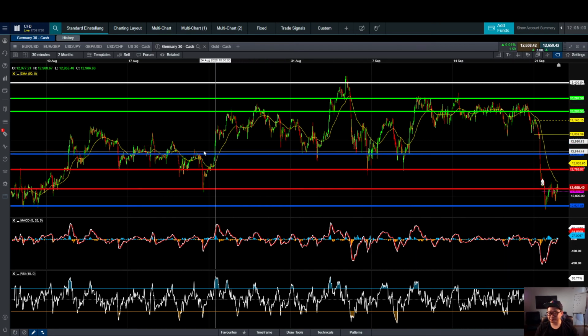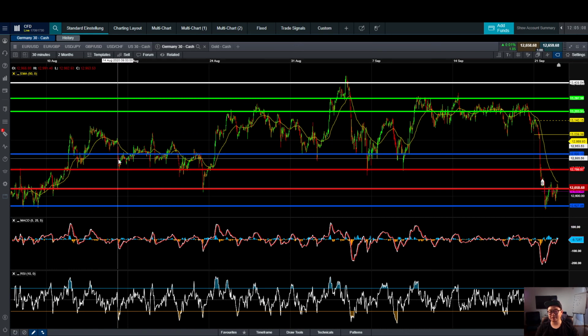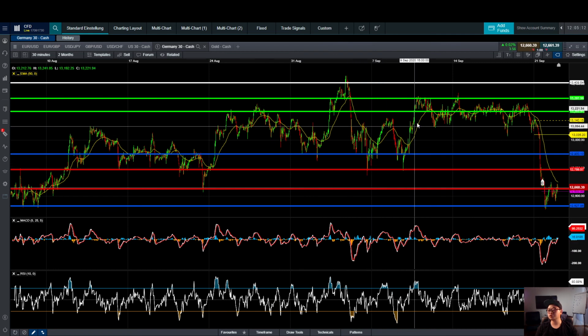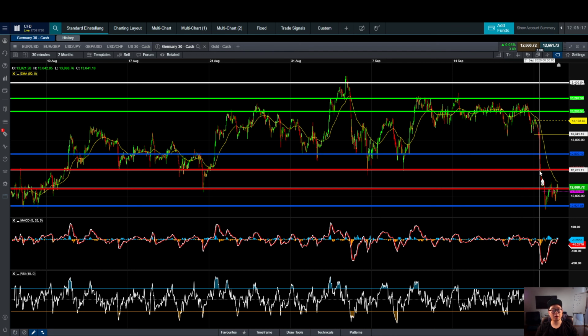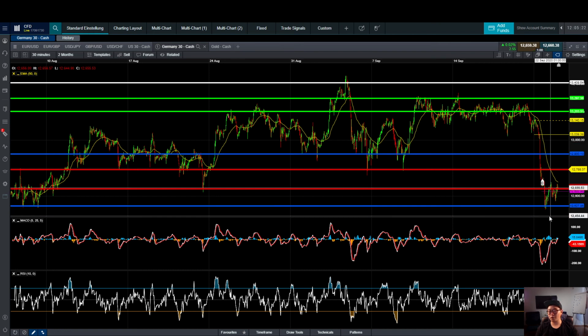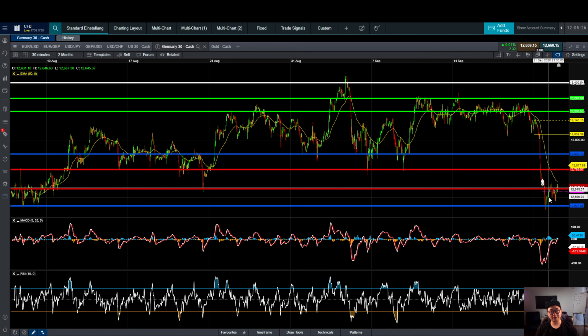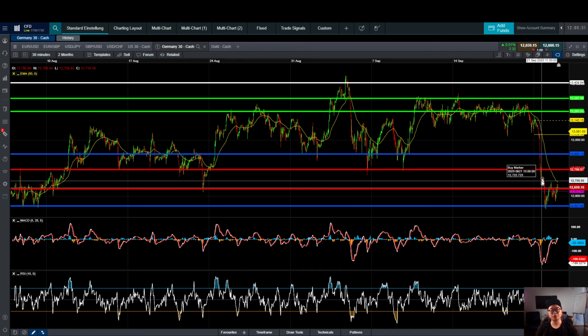So for instance, if this is the floor, because every time it bounces off the floor, it goes to the roof. It bounces off to the floor, it goes to the roof. And now what happens? It breaks the floor and creates another floor. And through this floor, this becomes your roof. So you understand? Once it breaks your floor, the floor becomes your roof, and vice versa, okay? That's when we talk about support and resistance, okay?